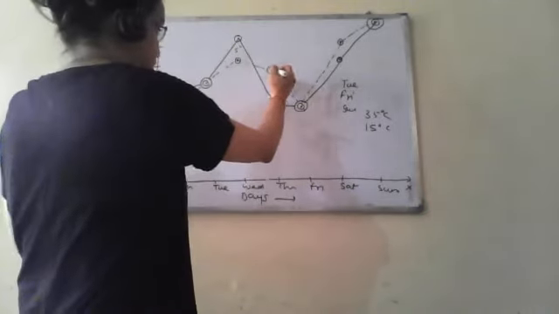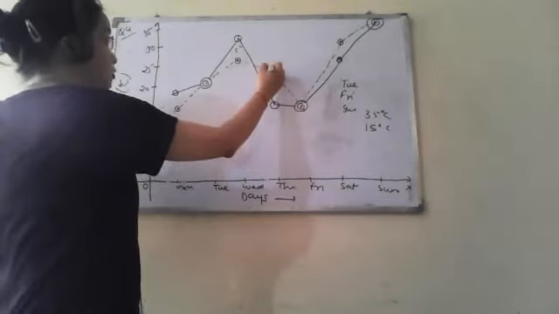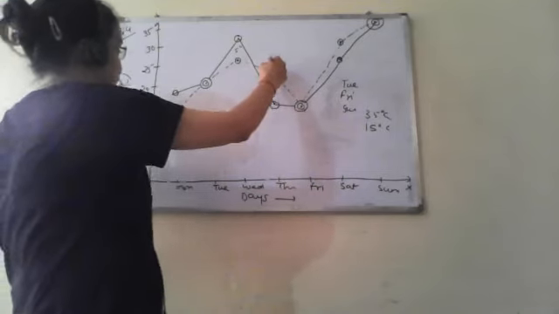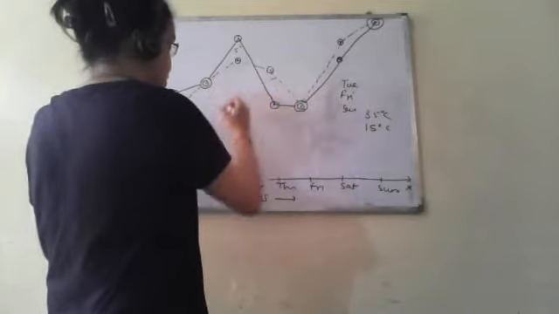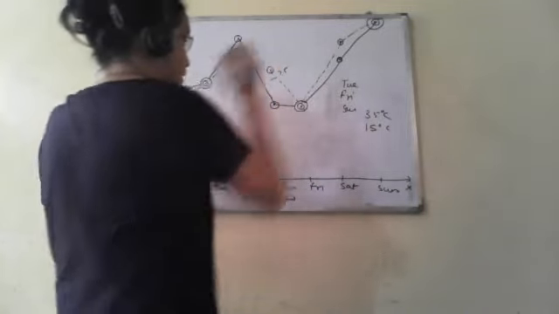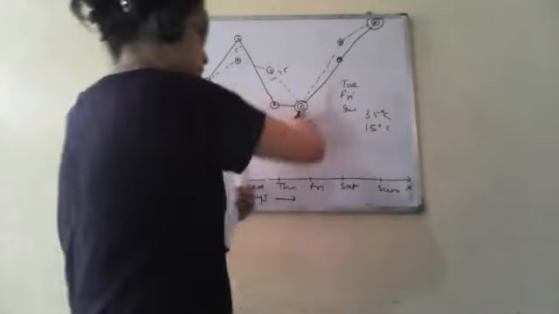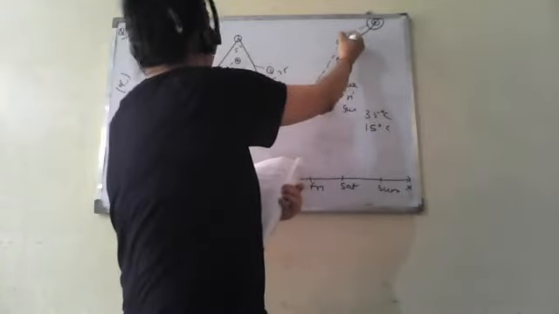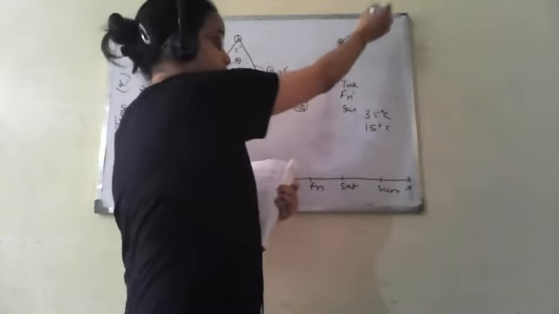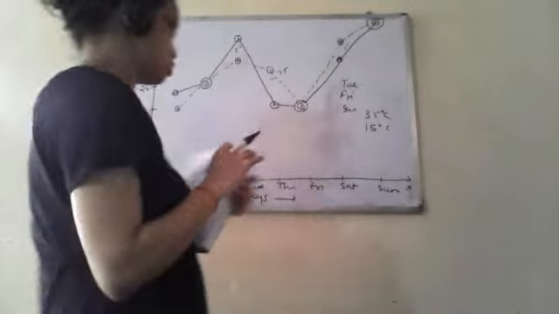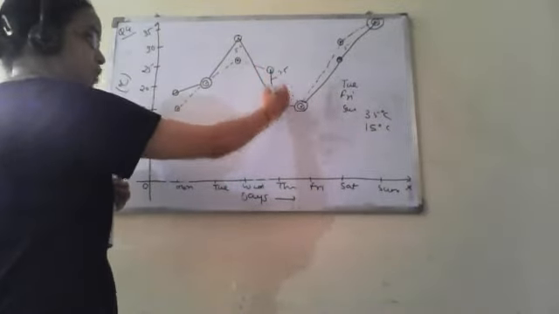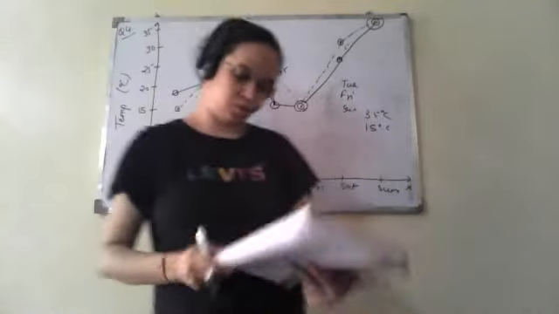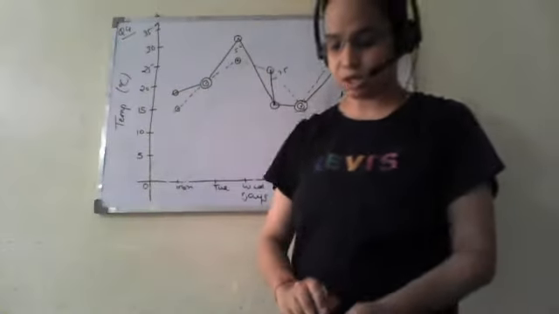Now on Thursday the forecasted temperature was 22.5 and the actual temperature was 15. So there is a difference of 7.5 degrees. Friday the temperature was the same, and again on Sunday the temperature was the same. So if I look at the graph, on Thursday this variation is the most. So this was question number 4. Now question number 5.